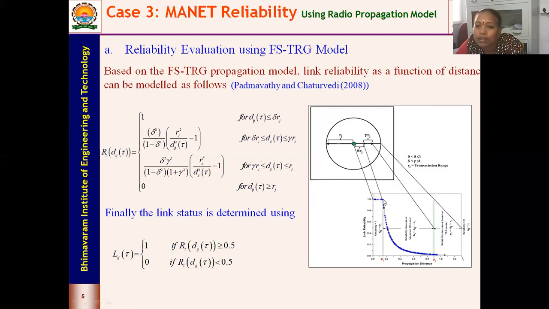From delta Rj to gamma Rj, you see that the reliability is slowly decreasing. It decreases to a certain value, and it is trying to go to 0 but doesn't reach 0. And last, when you consider the entire radius, you see that it is almost reaching 0.